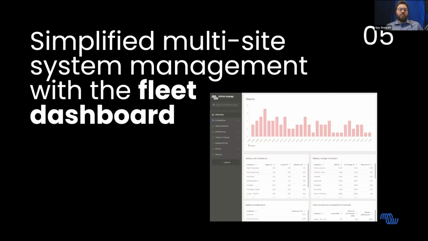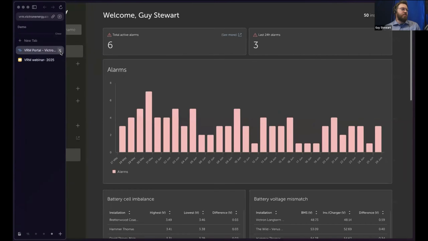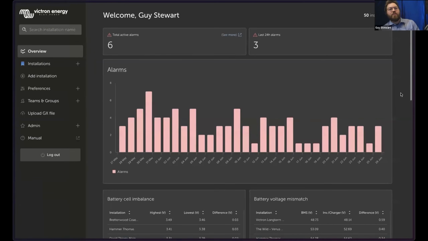And what we're going to do in the future is move forward to enforce better user management and better site management. But we're also going to give you better tools to do that. So the one I'm going to show you right now is how we're going to simplify multi-site management with this new fleet dashboard. If you've got 10 systems, this is probably not news to you because this feature was turned on, I think maybe 3 or 4 months ago, could even have been a little bit longer than that. If you have less than 10 systems in VRM, you won't have seen this site before. And it's something for you in the future when you've got enough sites to go in there.